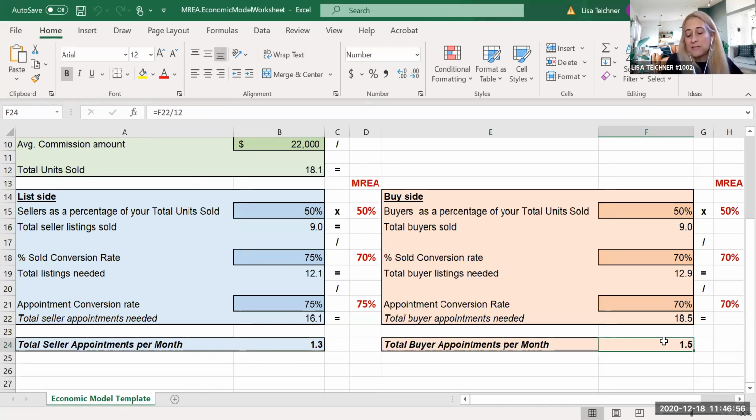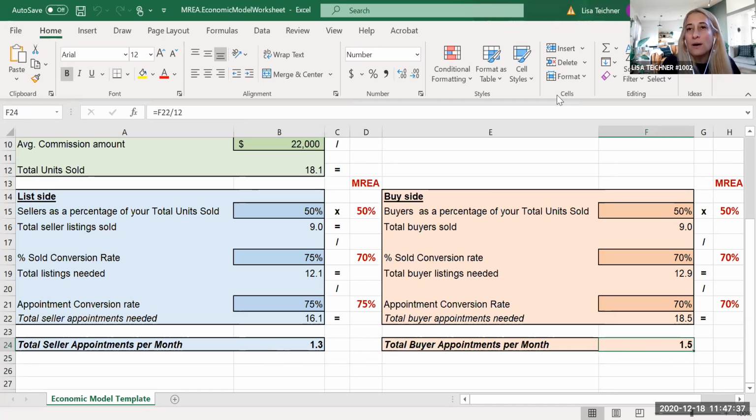What's cool about this, based on the exercise we just did, is if your goal is whatever it is on your GPS, you can see how many calls. You can start to track this, and you can say, I only need 1 seller appointment and 1 buyer appointment per month, or actually, sorry, 2 and 2, because we're rounding up. I need 2 seller appointments and 2 buyer appointments per month. So in order to get that, let's say I said I was going to talk to 10 people a day. If I talk to 10 people a day and I get 2 appointments every week,